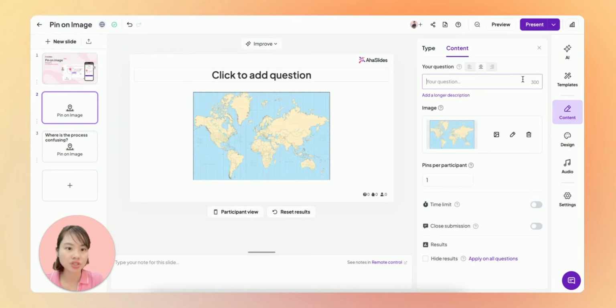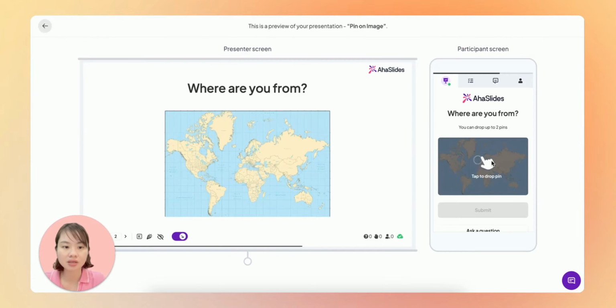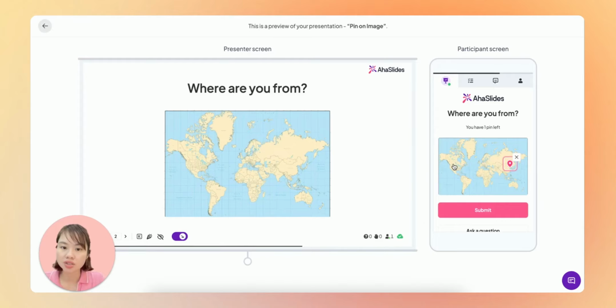And write your question. For example, where are you from? Each participant can drop a pin. The other settings work the same way as the rest of the collecting opinion slides. When you present, participants simply tap anywhere on the image to drop their pin, and their responses appear instantly on